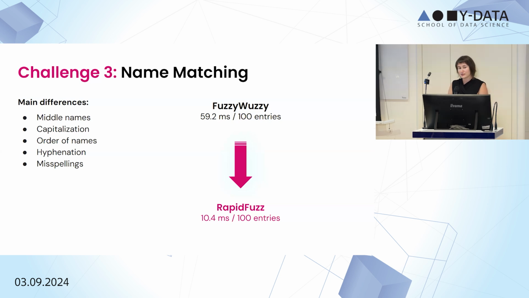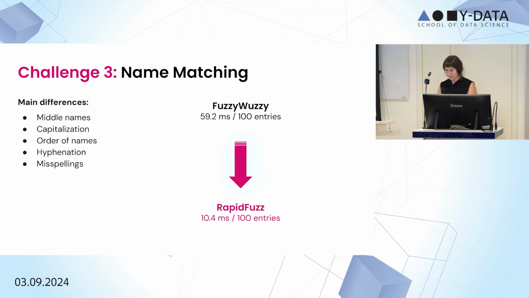They have a lot of middle names, a lot of different spellings, they can spell something with a hyphen, without a hyphen. So I had to use the technique called fuzzy matching. Fuzzy matching basically means that you take the string and you search for variations of this string. You use something called the Levenshtein distance. It's basically how many changes you need to make in one string in order to get